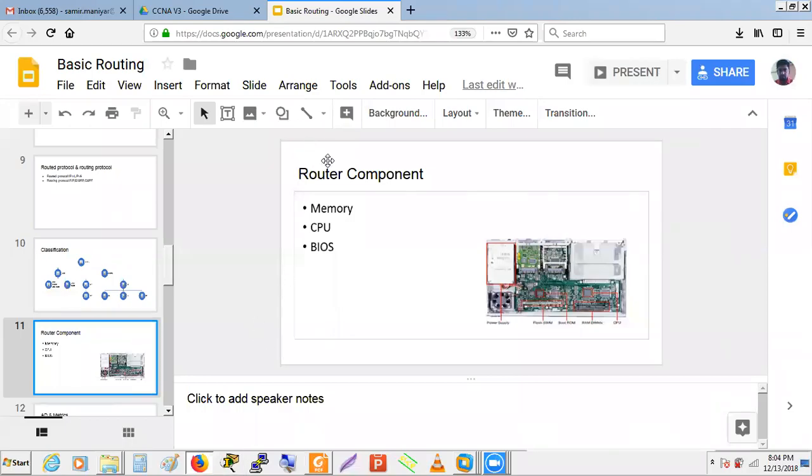So today we'll start our discussion with the router component, and then we will see the categorization or classification part, and then we'll go with dynamic routing. And basic dynamic routing is our RIP routing protocol that we will see. Okay, so